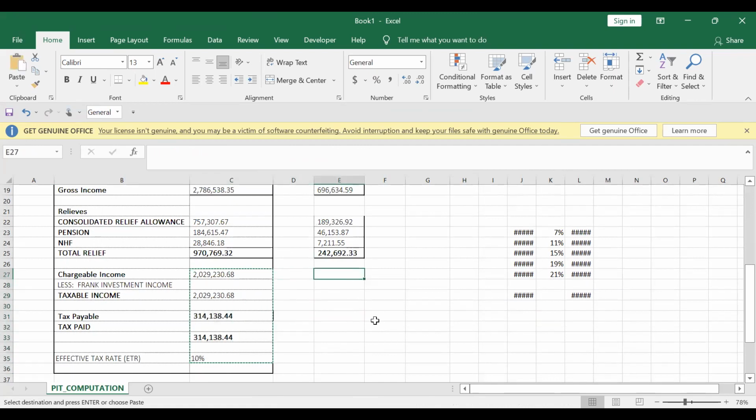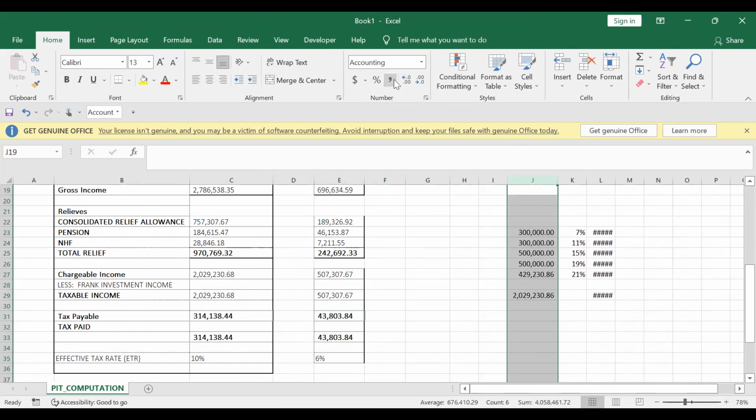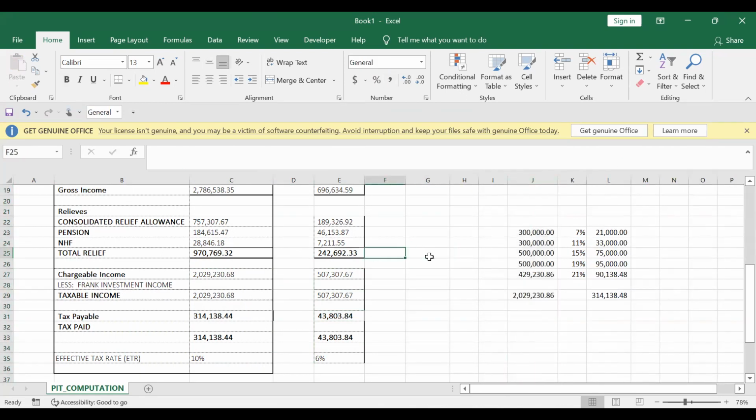Then coming to the chargeable income, within this context, the chargeable income is 507,843,803. How do we confirm the correctness of this? You will see what we will do here. Please listen to this, this is very key. You remember that when we are calculating